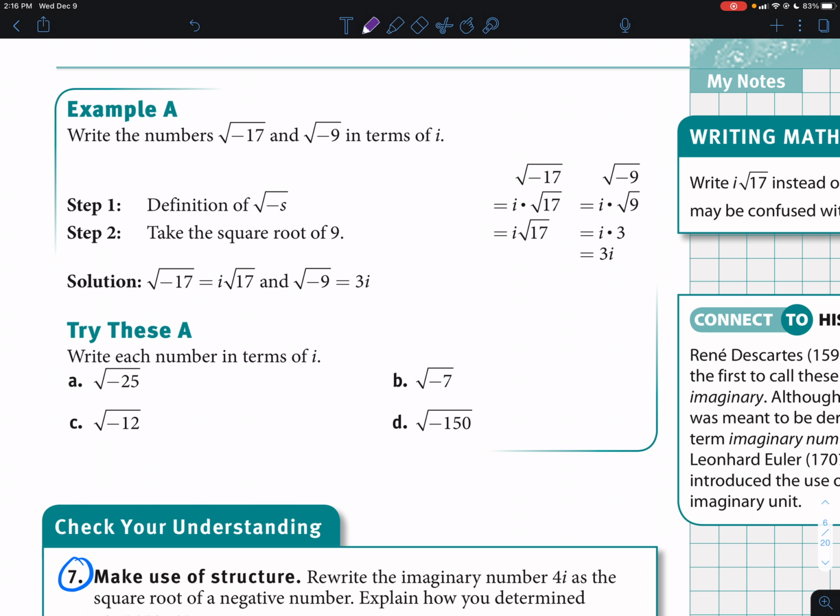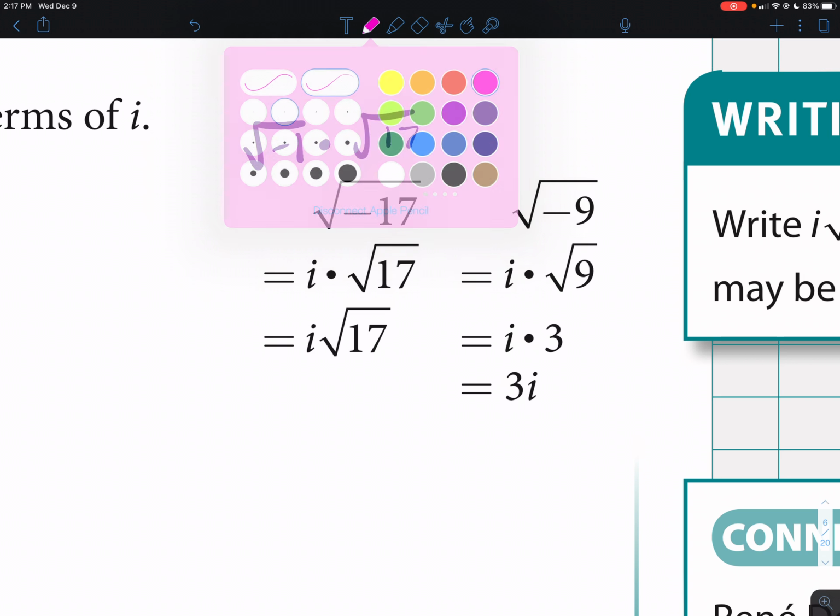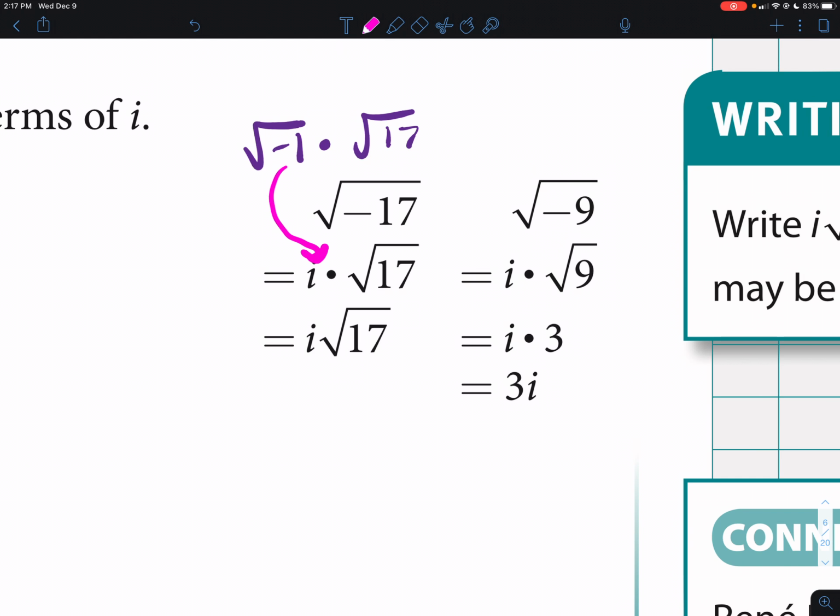It says write the numbers square root of negative 16 and square root of negative 19 in terms of i. And you see right here, they immediately just pull the negative out. So technically you could just write this as the square root of negative 1 times the square root of 17. And they just change the square root of negative 1 to i. And since the 17 is prime,